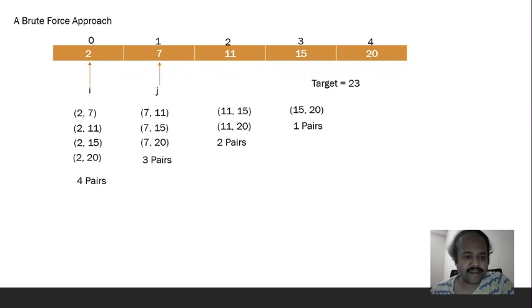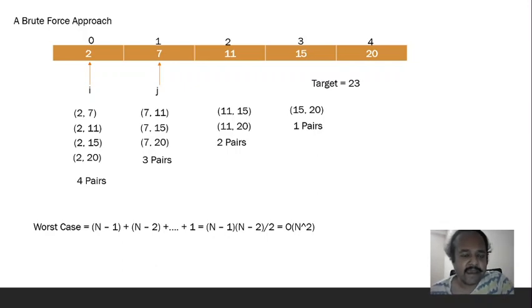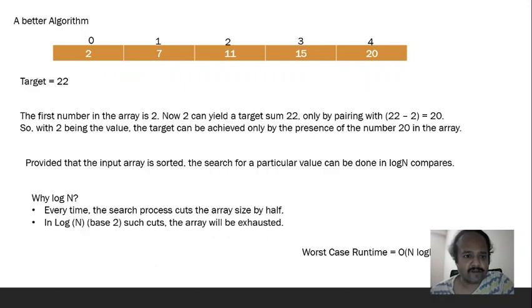For an array of size n, if we have to exhaust and evaluate all the possible pairs, it will be n minus 1 plus n minus 2 down to 1. So it's the sum of the first n minus 1 integers, in an array of size n, that would be the number of pairs we would have to evaluate in the worst case. And by the sum of n integers formula, the higher order term, the driving factor asymptotically, is order of n squared in the worst case complexity.